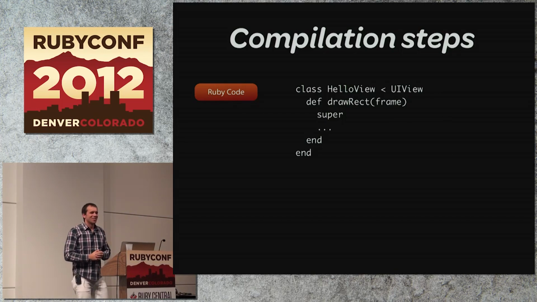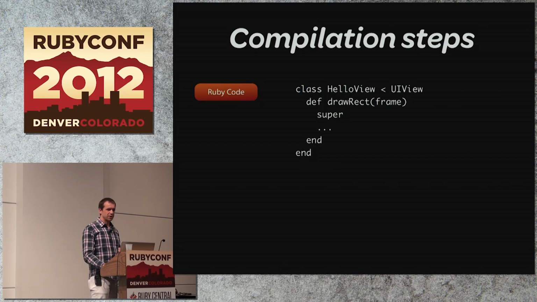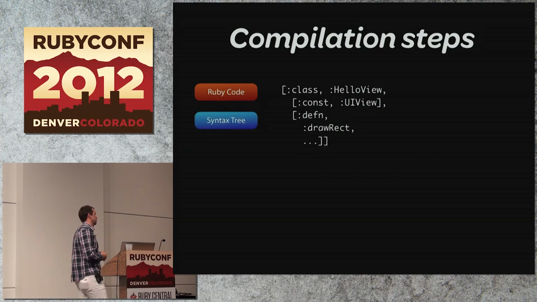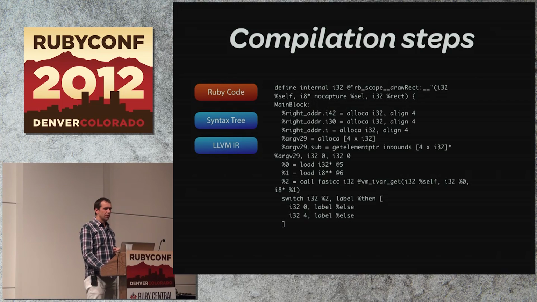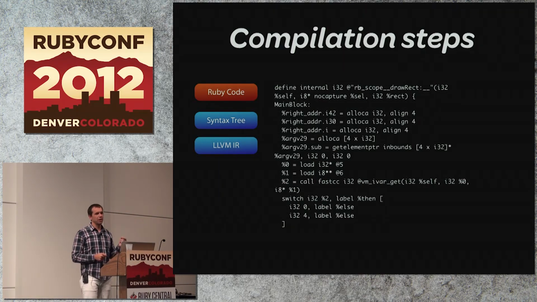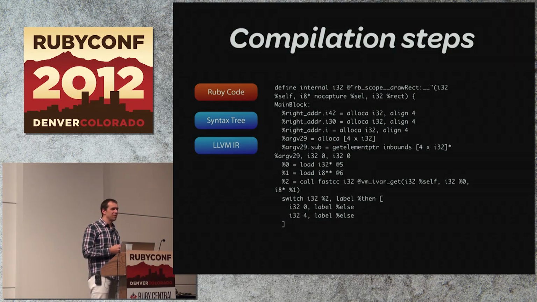So, right, compilation steps. We write in this beautiful language that we've grown to love. The first step is to parse this into an abstract syntax tree. This is the syntax tree that it's parsed into. This is similar to what Ruby does internally. When Ruby's parser runs on your code on your desktop computer, it forms an AST. The next thing it does, though, is it compiles it down into what's called the LLVM intermediate language. It's this internal language that's basically a portable assembly language that the LLVM project has developed.